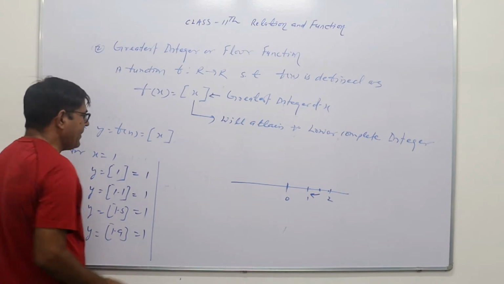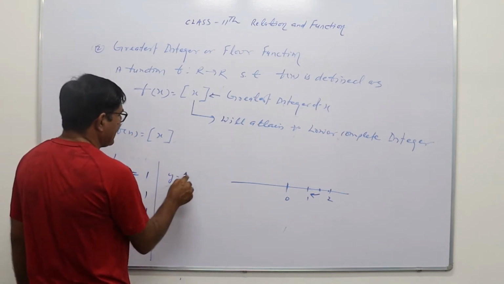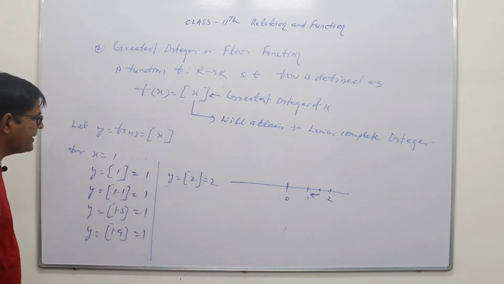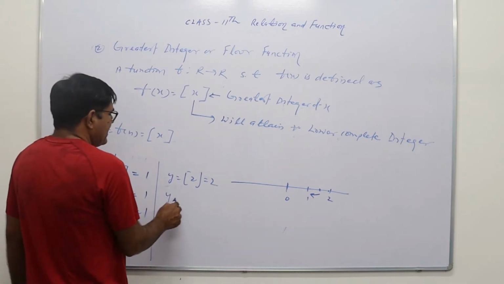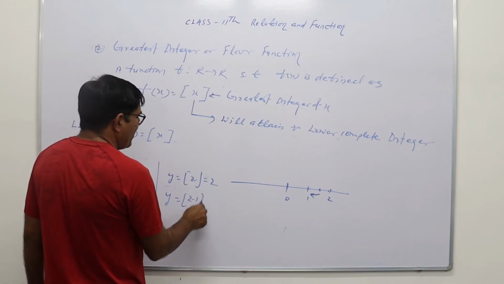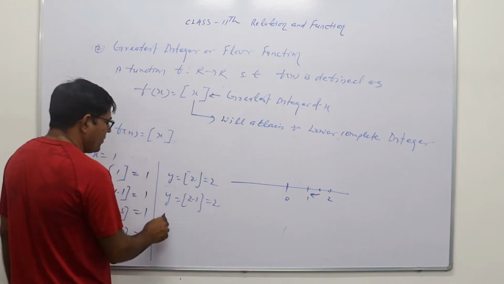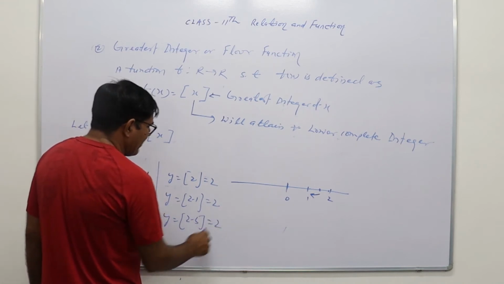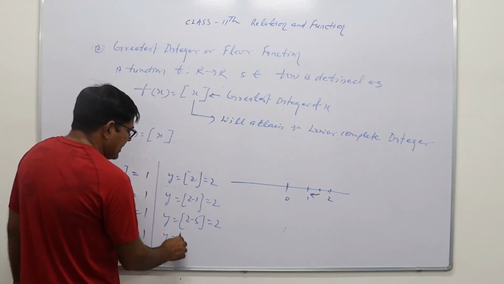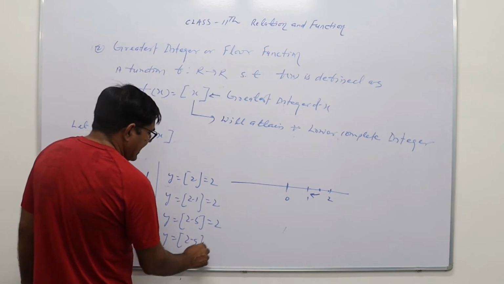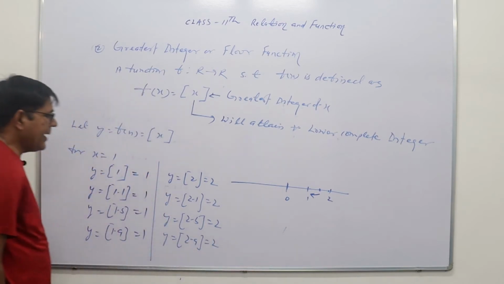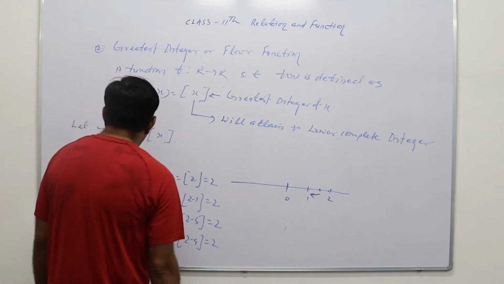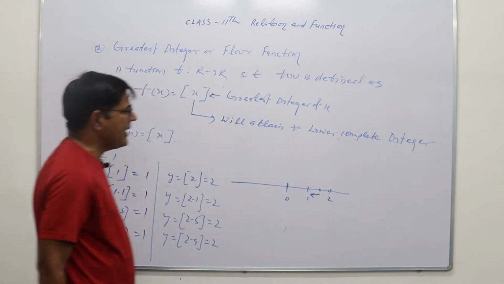Similarly, some more examples. Let us suppose we have to find the greatest integer of 2, then the integer will be itself, 2. Let x equal 2.1, then its greatest integer will be 2. Let x equal 2.5, then the greatest integer will be 2. And let us suppose x is 2.9, then also the lower integer will be 2. Similarly, for some negative values, let us suppose